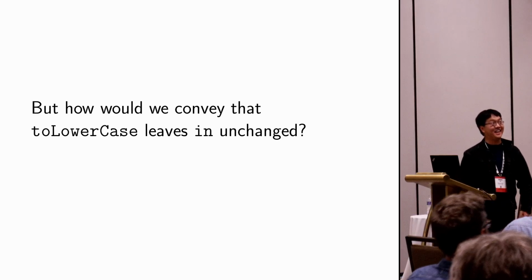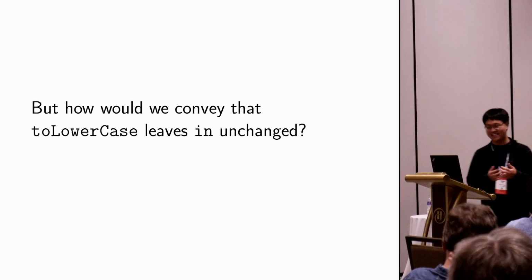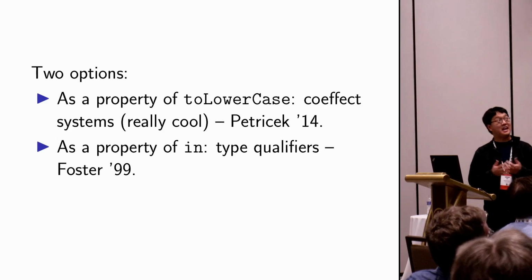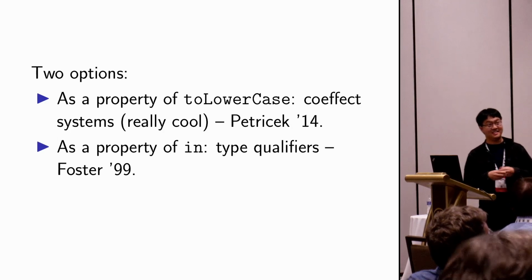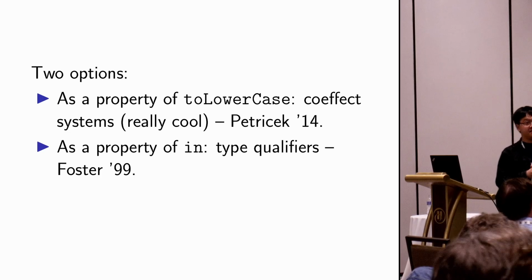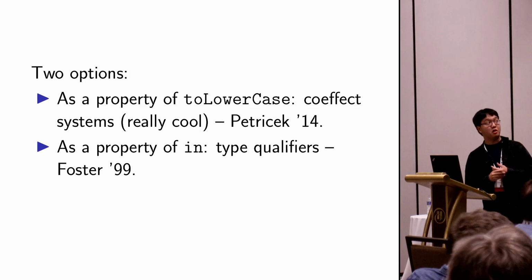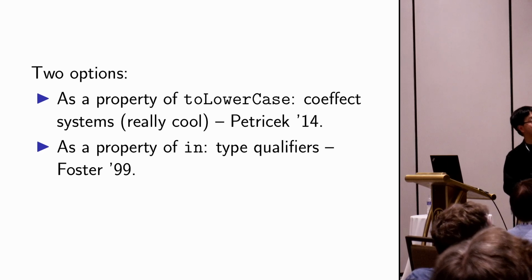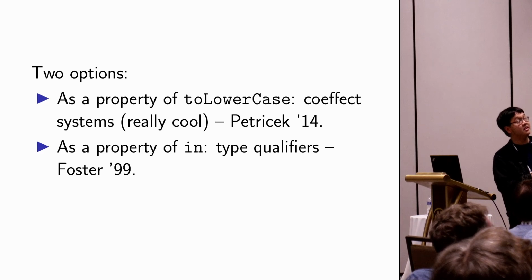But how would we convey that toLowercase leaves n unchanged? Well, there are two options you have here. You can view it as a property of toLowercase, which gives you a whole line of work down coeffect systems, which are really cool, which we cited, which I think started from Petricek in 2014,